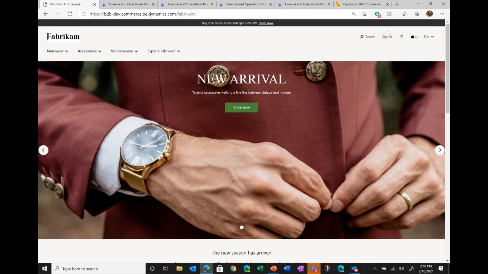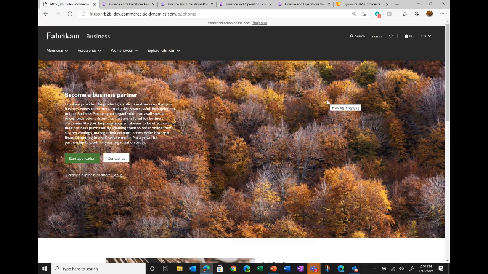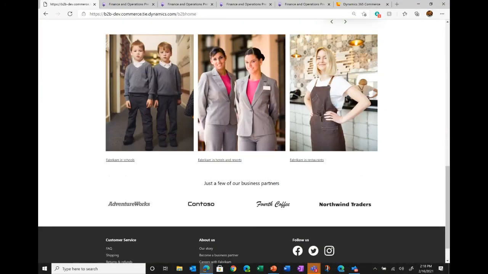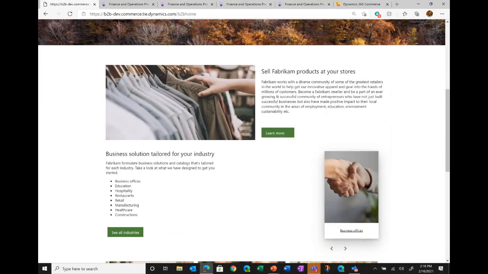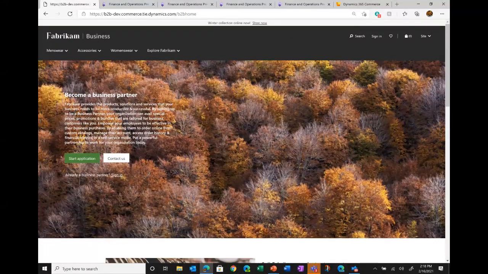Now what we have done is enabled capability for organizations to deploy a B2B e-commerce site as well. This B2B e-commerce site is also backed by an online channel. This site can be themed and branded, and the look and feel can be totally independent of what the B2C site looks like. So you can stand up both B2B and B2C sites, and multiples of these based upon your use case, with one single instance of Dynamics 365 Commerce.